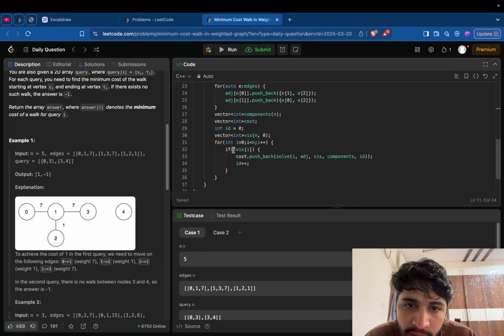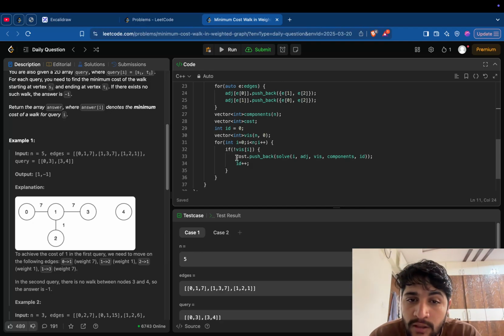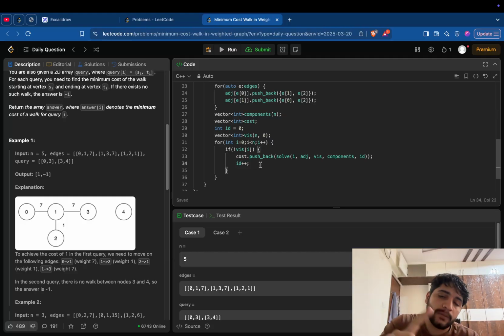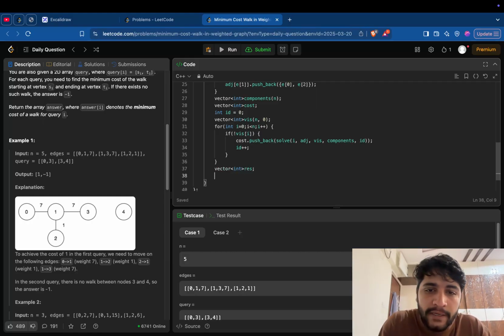Is 4 visited? No, it's not, because it was not in the same component as 0. So the ID is already incremented, and the ID of 4 will be 1. So ID of 4 and 0, 1, 2, 3 are different, so we know that they belong to different components, right? After that, the question becomes just simple. We have found everything, so we can just make a vector which will be returned,